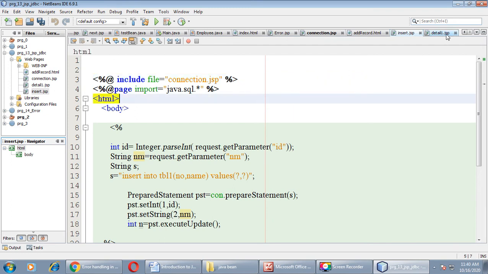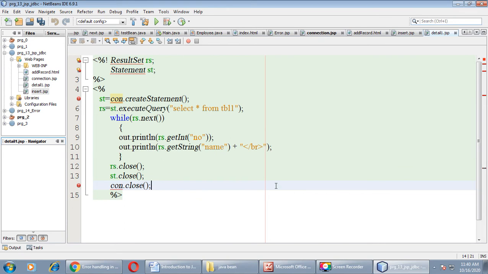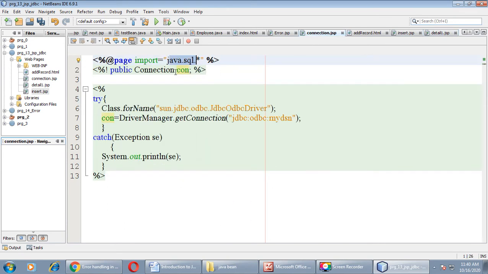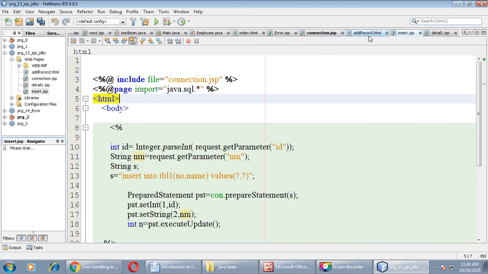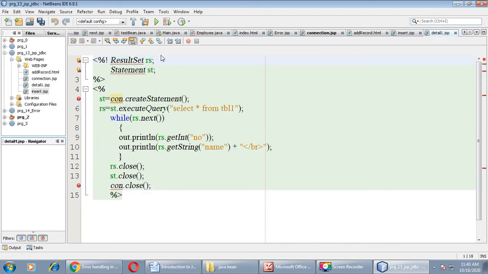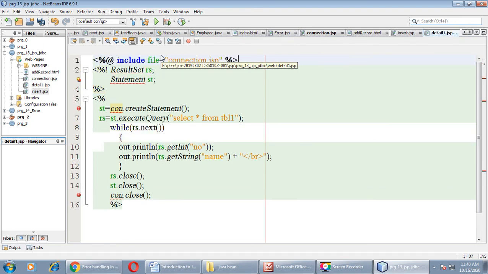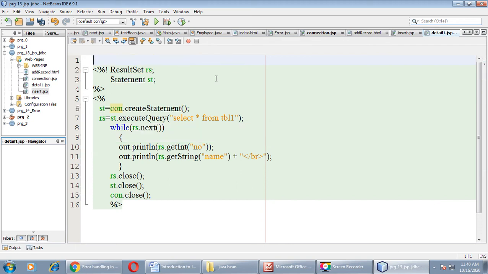Suppose I want to run detail.jsp, I want to run this file only, so here you can just include this file, and you'll be able to see all the records on your screen. So wherever the connection is required, you have to just include this file, nothing else, as we have done in the PHP file. Okay, let us run this program.